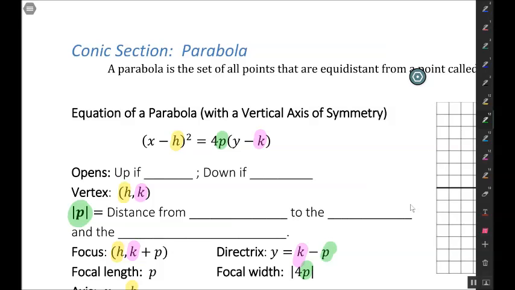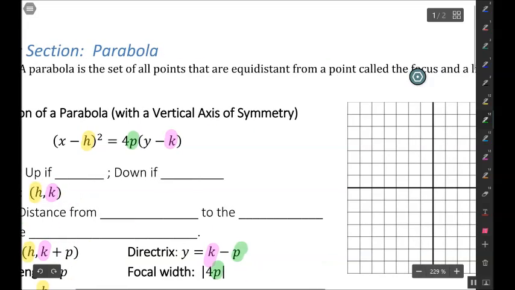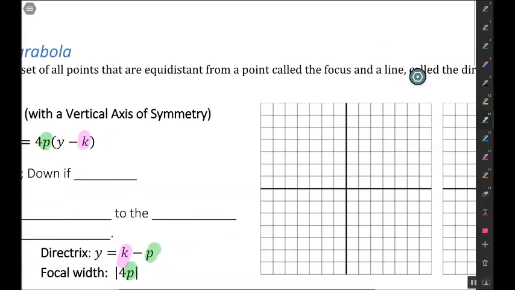Let's look at section 8.1, which is on the conic section, parabola. So we've learned about parabolas before, but this is going to be from a different perspective. To begin with, let's look at this definition. A parabola is the set of all points that are equidistant from a point called the focus and a line